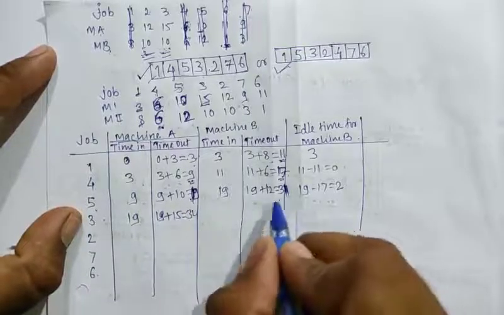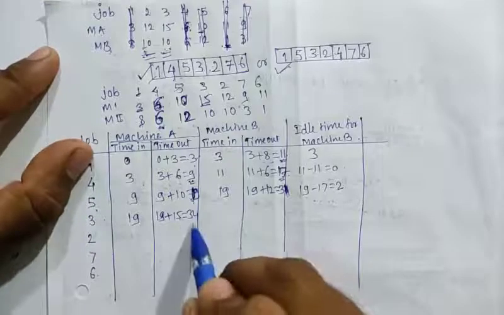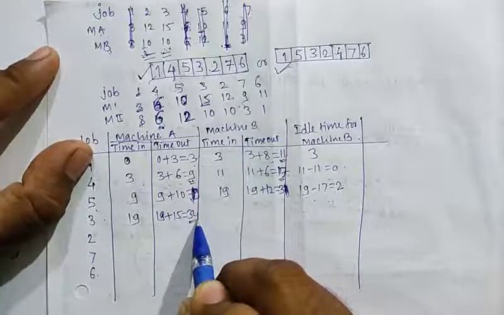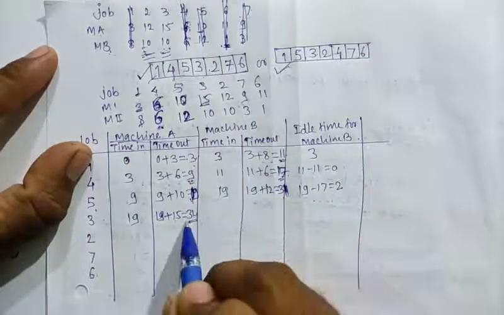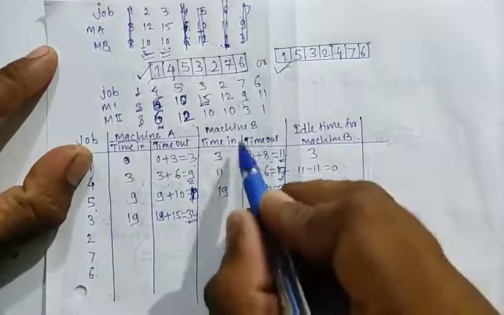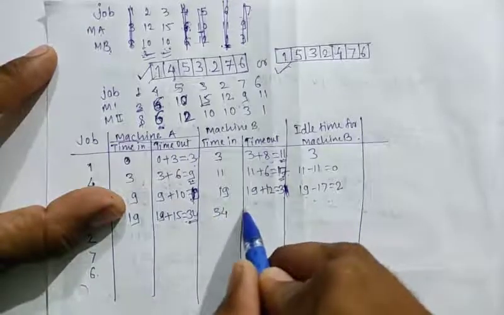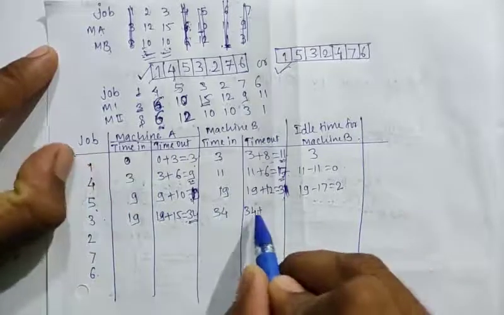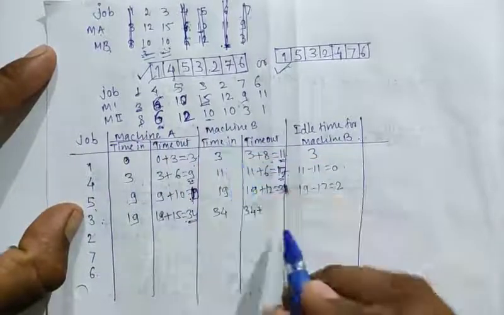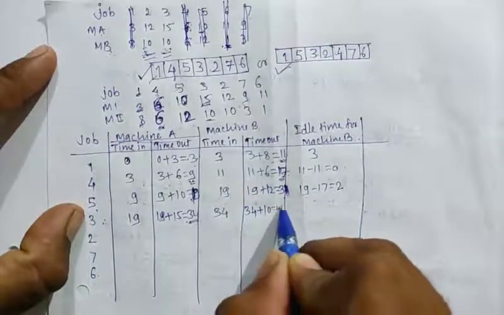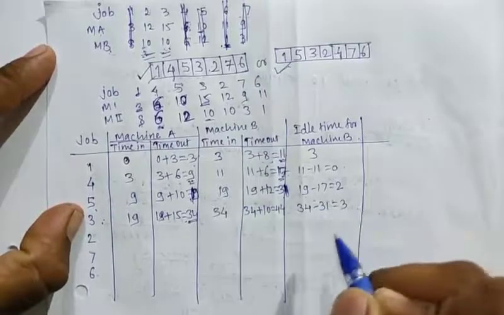34. And here it means that for processing through machine A1 it gets 34 hours, and for machine B it gets 31 hours. So after completing this, in that case machine B is stopped, so the maximum between these two is 34. Okay, so 34 plus, for the third job, the time for machine 2 which is 10. So 34 plus 10 which is equal to 44. So idle time is 34 minus 31 which is 3 hours.